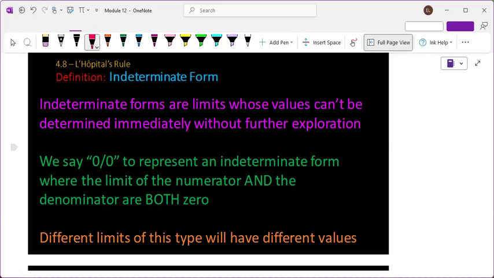So 0 over 0 is an indeterminate form because we can't tell which of the two is growing faster from that information. I can write a function where the limit would be 0 over 0, where the top is going to explode fast, or the bottom explodes fast, or they grow at the same rate and the limit actually ends up equaling a number.